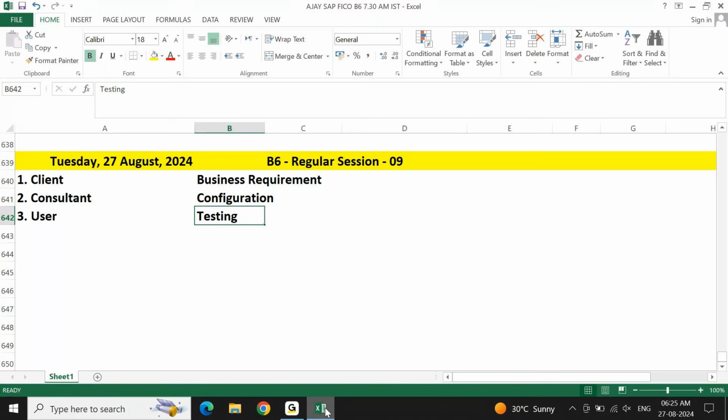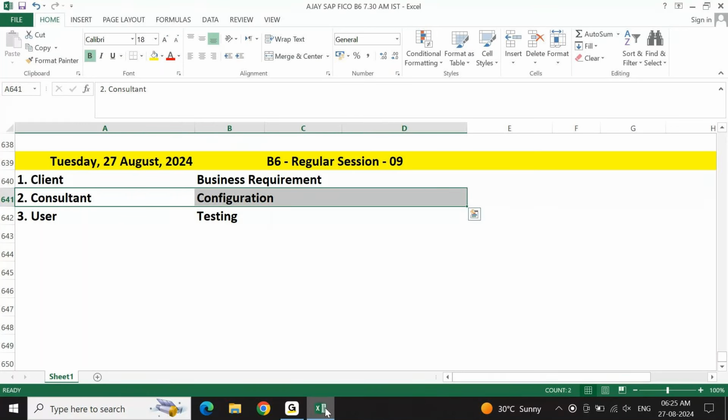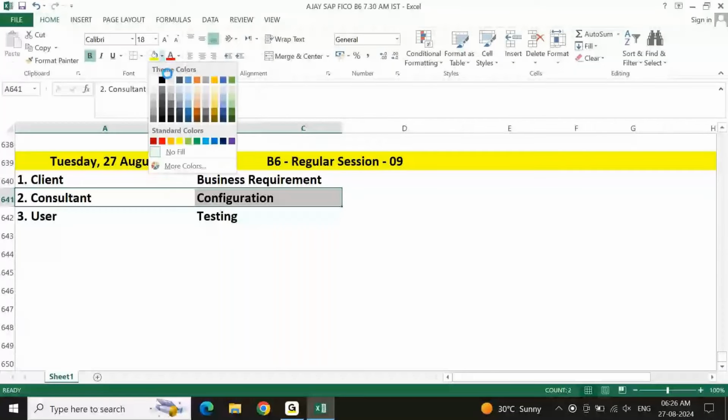Here you don't have any client, you don't have any user. Keep in your mind, you want to become a consultant here. This is what you're targeting. But to become a consultant, it is not straightforward, it is not independent.